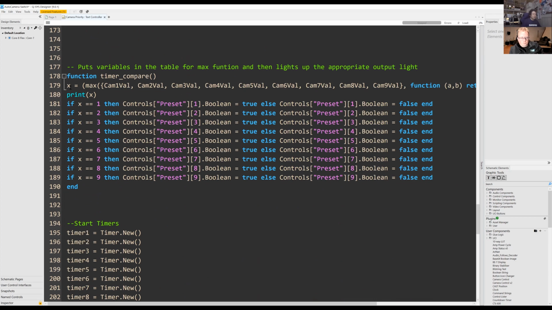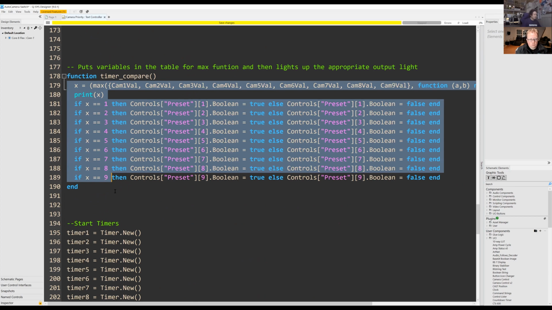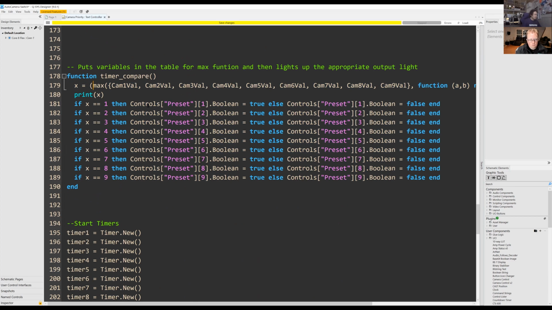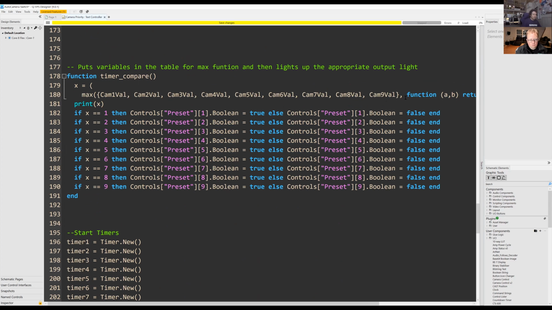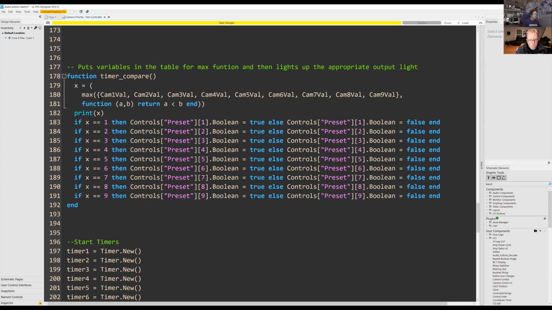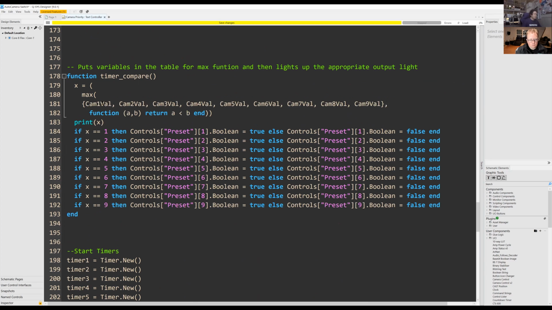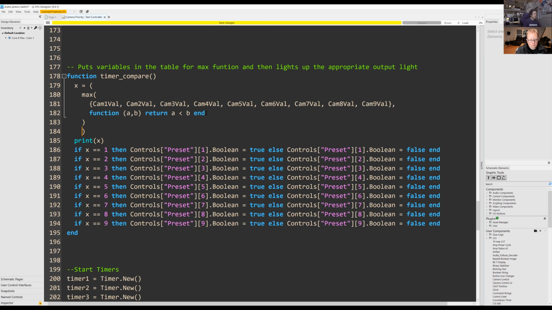Sure. I may just tweak the indentation a little bit as well, just for a bit of readability. So just by indenting like that, you can follow which arguments are feeding into what